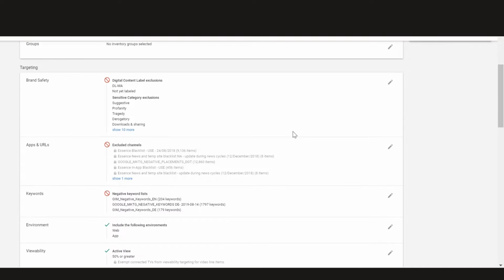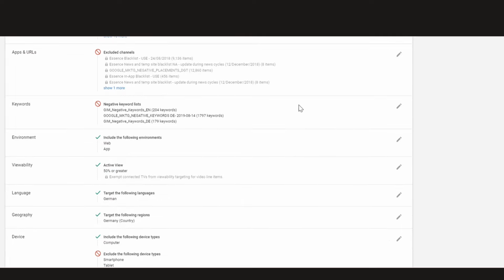Insertion order can be treated at the parent level, while we can have several line items under it, right? So if we want to target different audiences, we can choose to go with different line items and name them in order to separate them. Or maybe if we are willing to target on the basis of different devices, like we want several line items targeting smartphone devices alone, while some target desktop devices, right? So we can have separate line items in there and we can target them.